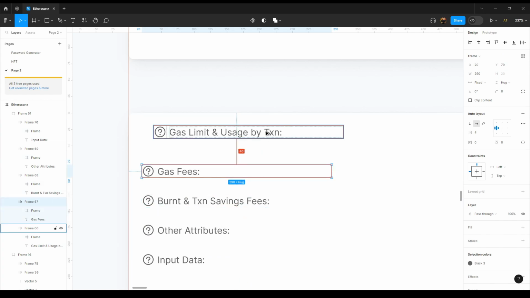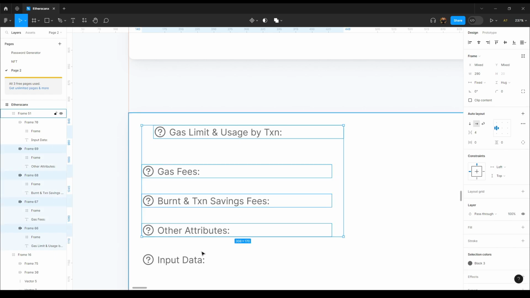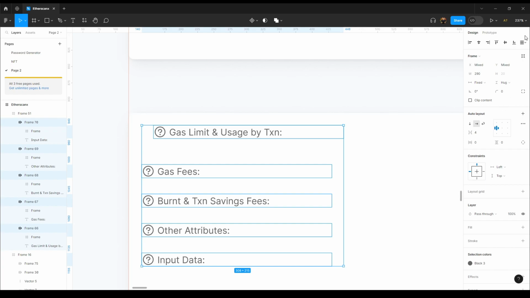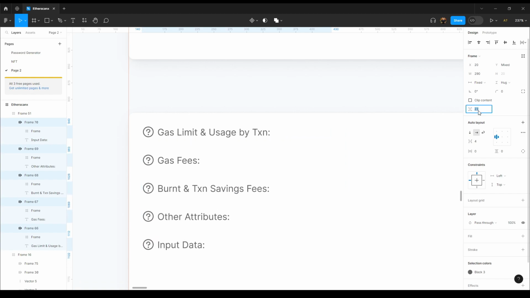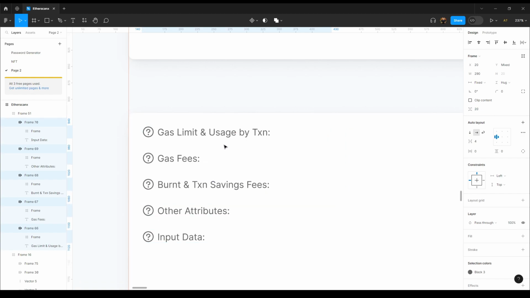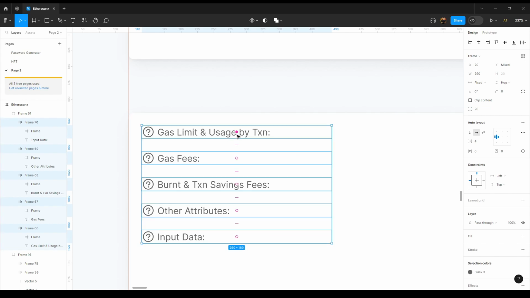And here is 40. Each element no longer has the correct spacing. So if you want to use it again, you have to click on tidy up and align right there, and you can drag it. Okay,